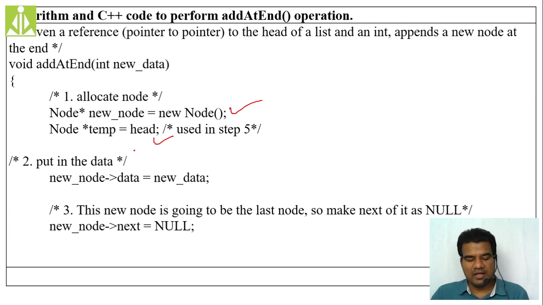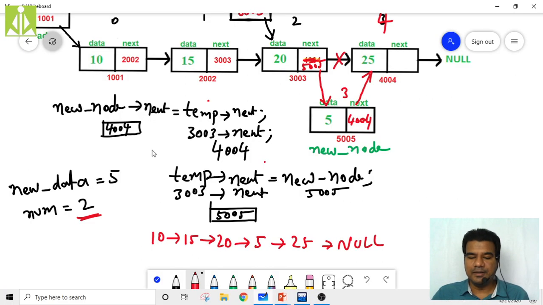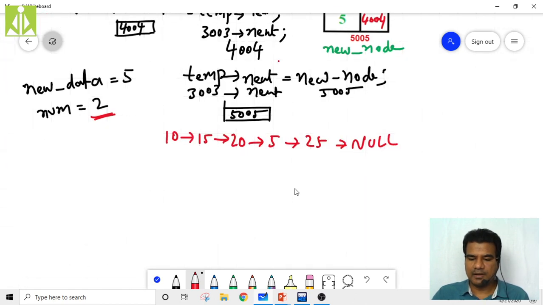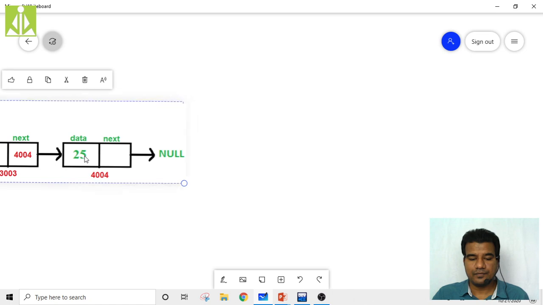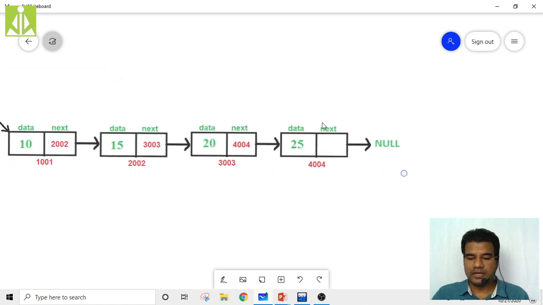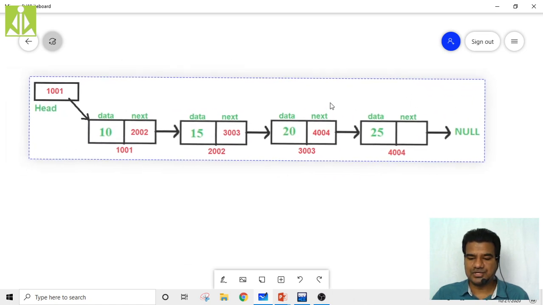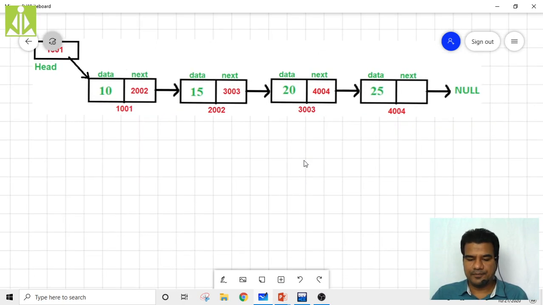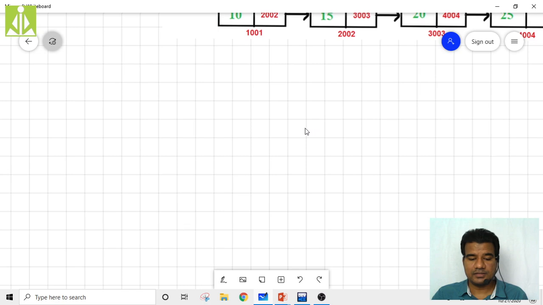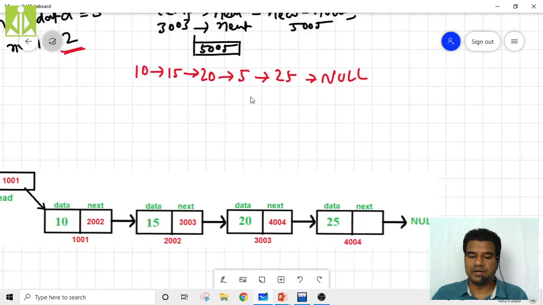So quickly we'll go and see it graphically. This we have already done, so I'm moving this up and we'll go here. We have another one. This one I'm taking into consideration, and the new node I will take from here only.